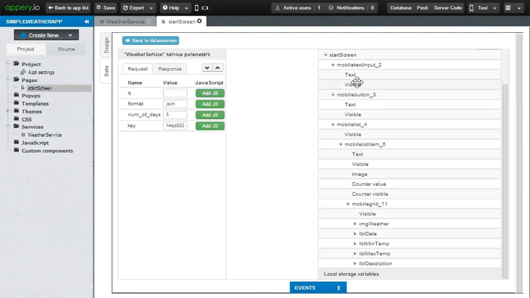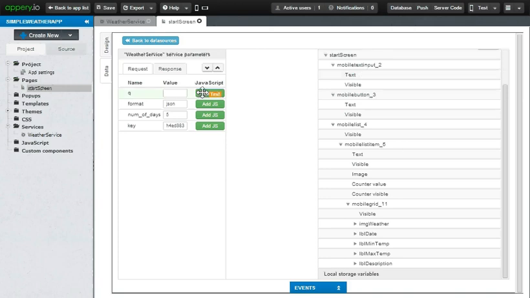Here, on the screen, is the input text box in which we had typed out Woodbridge, New Jersey. That input text box is actually going to contain the name of the city, which is going to get bound to the q parameter in our RESTful service. Whatever we enter in the text field should go out as a query parameter to the REST service. This can be easily achieved by just dragging the text property that you see here, mobile text input, to this text property.